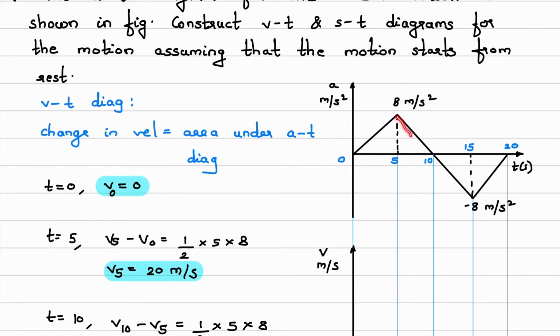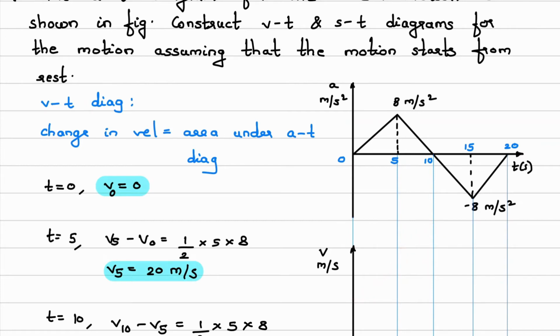Then we'll see the second part. In this part, again acceleration is dv by dt. Acceleration is reducing, so the slope dv by dt should reduce, and the value is positive, so it should reduce in the positive direction. So the curve will be like this. Initially the curve is like this, then the curve is like this.